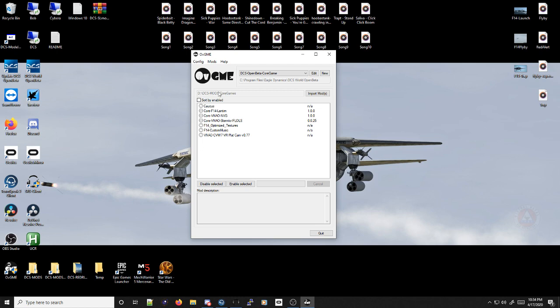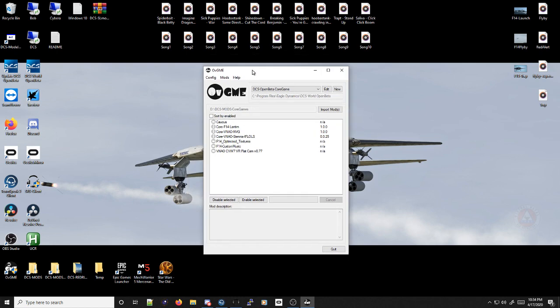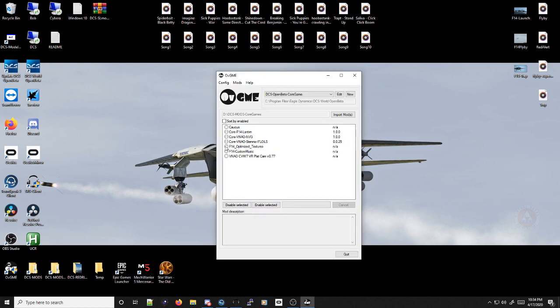But currently, I do already have the mods in there. I should have actually disabled my mods. I'm going to have to install over my old ones. So it'll be a little complicated for a little while. Anyway,